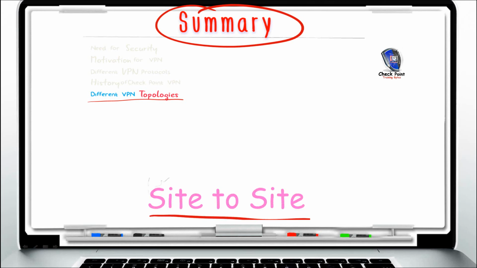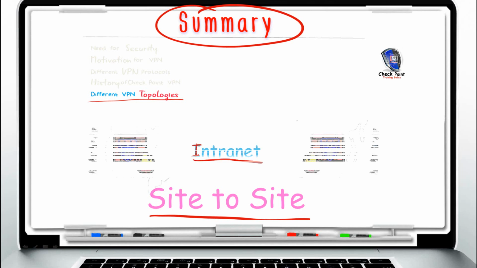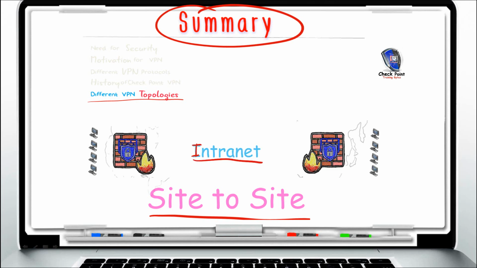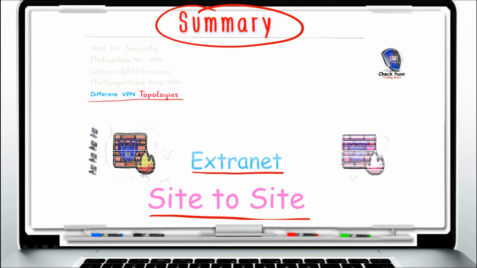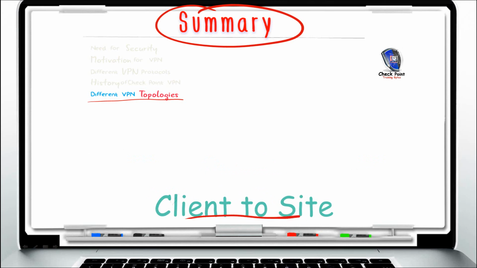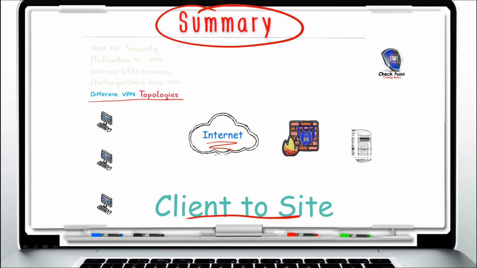We discussed what a site-to-site VPN is, and how an intranet can be used to secure an organization's traffic between the corporate head office and also amongst its various remote branch offices. And then we discussed what an extranet was, which is a VPN that secures traffic between a corporation and its various partners, resellers, vendors, and customers. Then we discussed remote access VPNs, which are client-to-site VPNs that secure network traffic traversing the Internet from roaming users so they can access the corporation or branch records or data from remote locations, either from home,